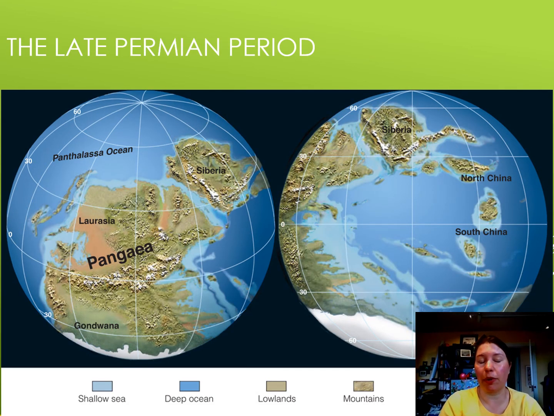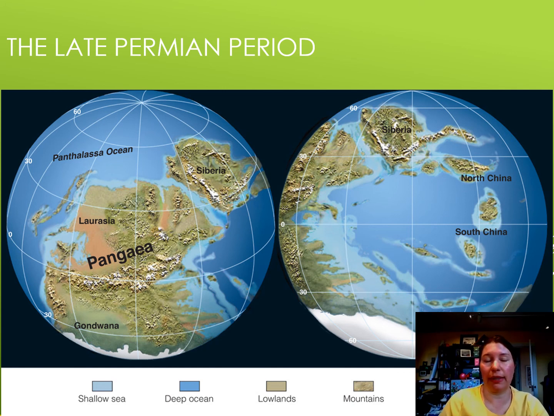Finally, at the very late Permian period, so this is going to be the very last period of the late Paleozoic era, we are finally suturing together Pangaea. So Gondwana and Laurasia collide together, they form Pangaea, and not just do we have a huge supercontinent, but this also means we're losing that Iapetus Sea, and we're forming a huge mountain system, the Central Pangaean Mountains, which are essentially the Appalachians.